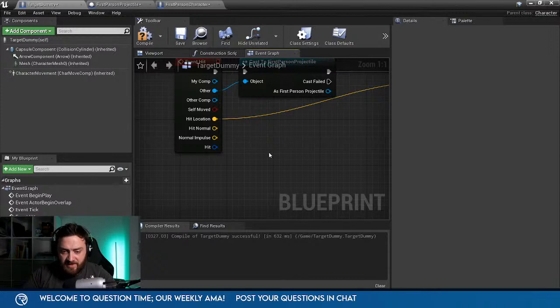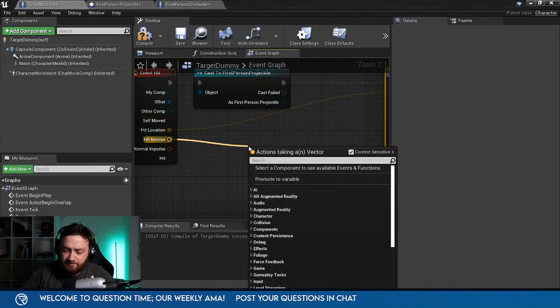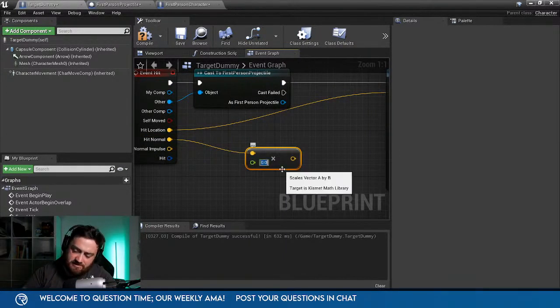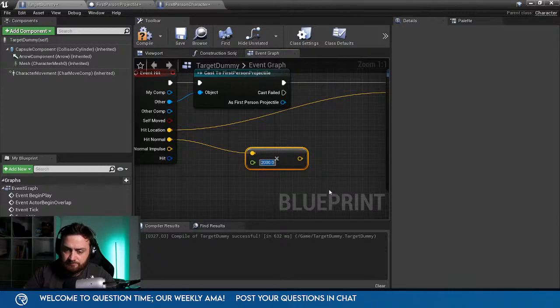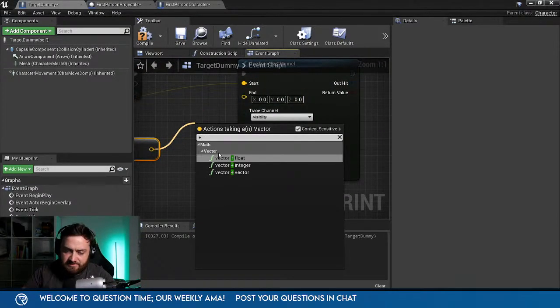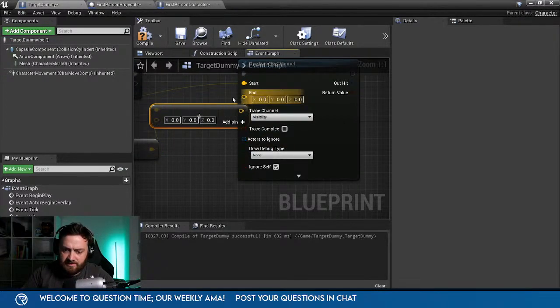So for that, I think we're looking at the hit normal. We're going to multiply that. I can't remember which way around this goes, so this might be a negative, but I'll put in like 1,000. I'd make it a bit bigger actually, 2,000, and put that in a plus vector, and then plug that into the end.